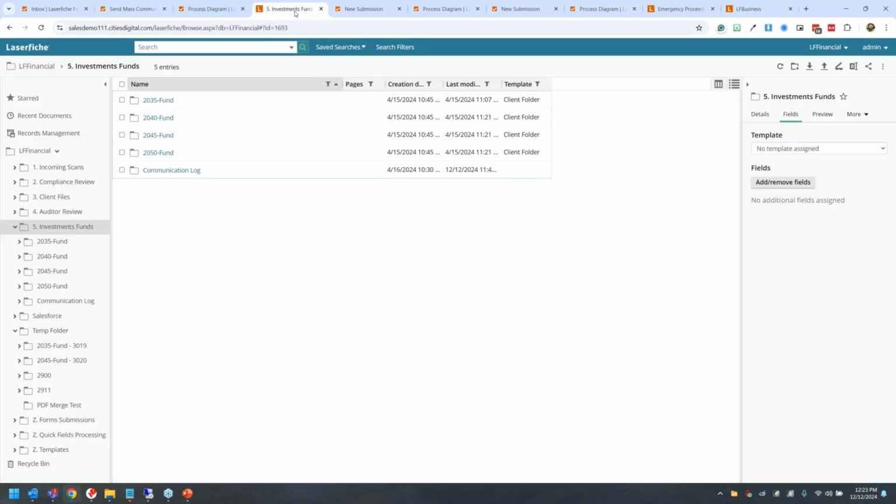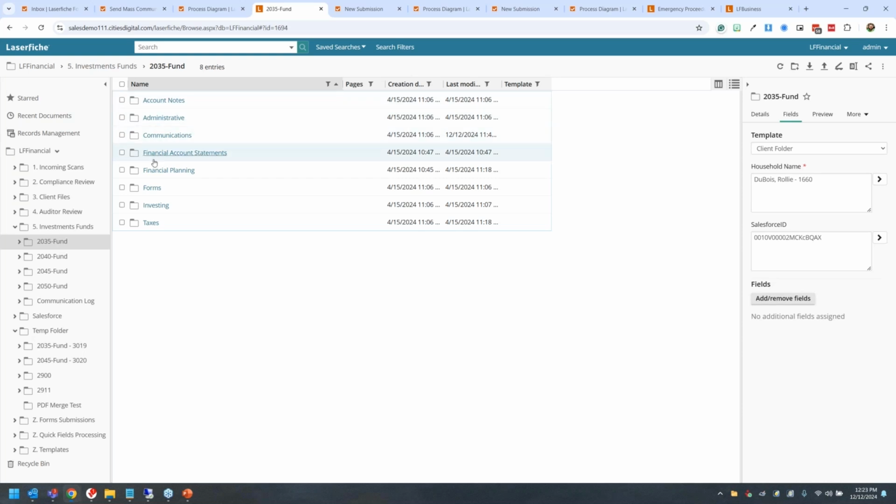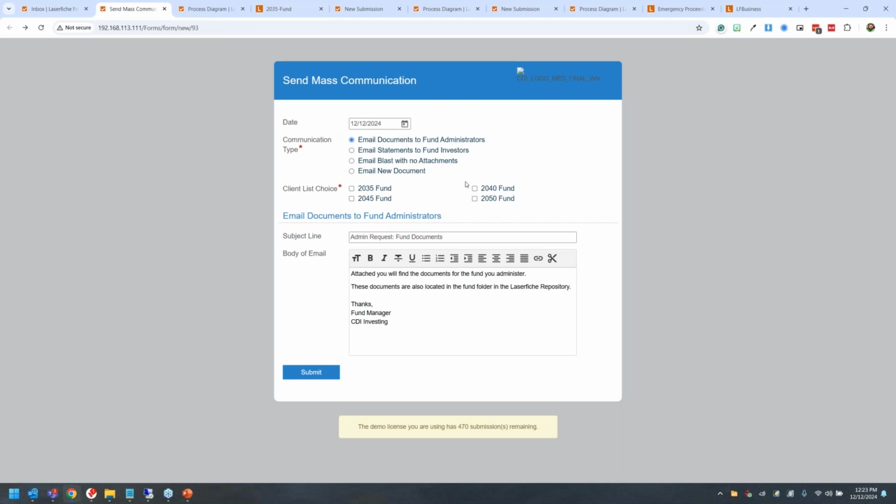So again, if I go to my investments folder here and I go to the 2035 fund, it would go through this and grab the requisite documents that the workflow is looking for, and it will attach all those documents to an email and send them to the fund administrators. And the way I can tell that is which fund am I running, what do I want to send documents